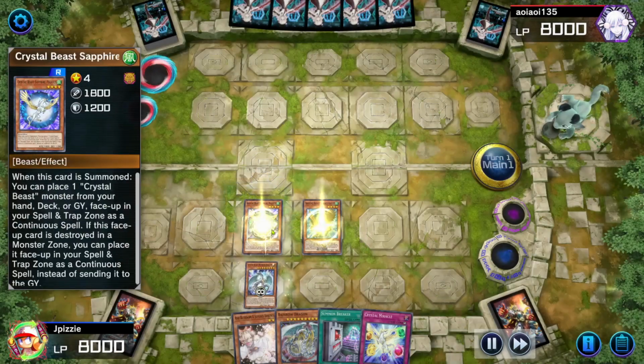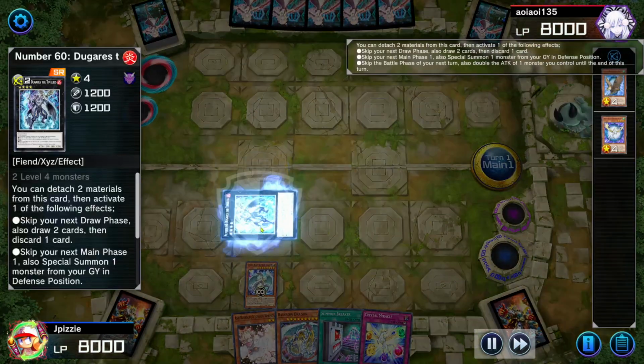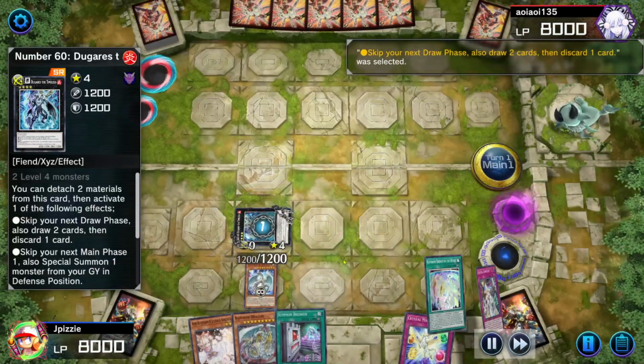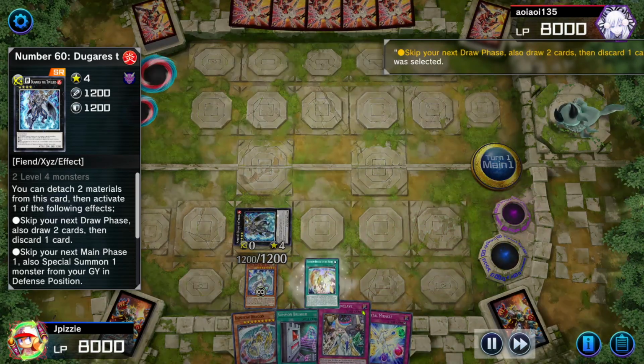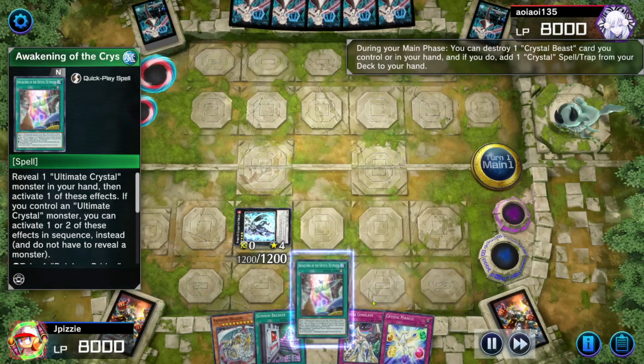We're going to special summon Cobalt Eagle off of Zenith, and then normal summon Sapphire Pegasus, go into Dugaris. Dugaris is going to allow me to draw. We drew into Conclave, drew into Miracle. That's exactly what we wanted to see. Bridge of the Heart, pop Zenith, add Awakening, set,